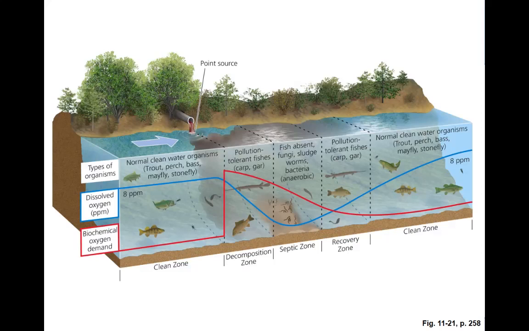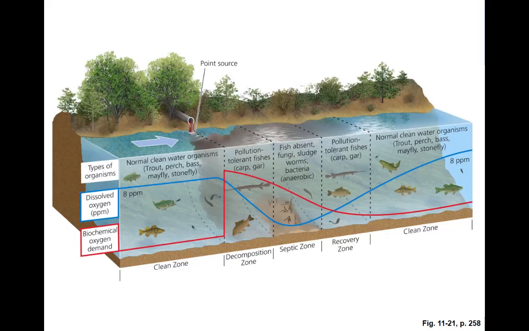You'll notice that we have a point source of some pollution here, and it's dumping in. We have normal clean water above that. You see your bass and these healthy fish. But then you start dealing with a change in the populations in the river or a stream at this point. As the pollution begins to sink and mix with the rest of the water,